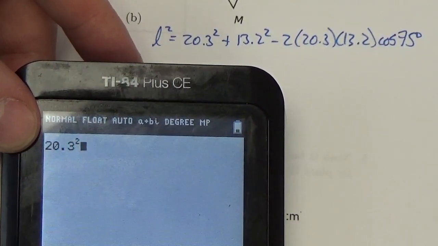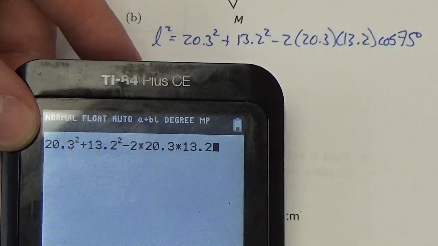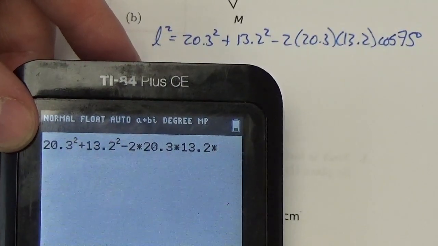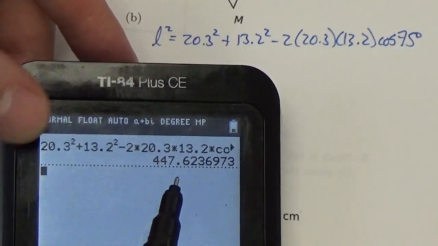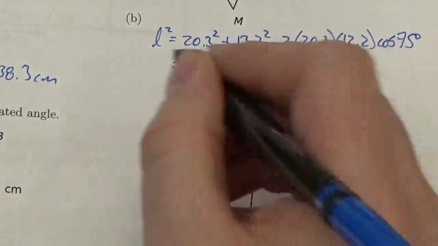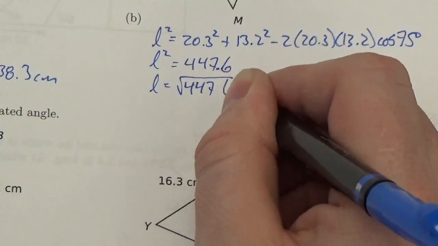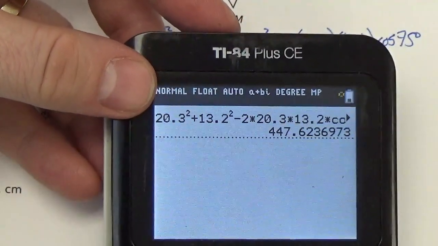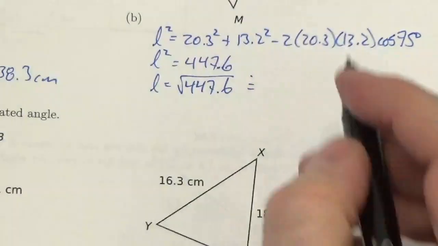20.3 squared plus 13.2 squared minus 2 times 20.3 times 13.2 multiplied by the cosine of 75 degrees, and I get 447.6. Oops. But I know that that's still just L squared, so for me to get the value of L, I have to take the square root of that. So the square root of my answer, and I get 21.2